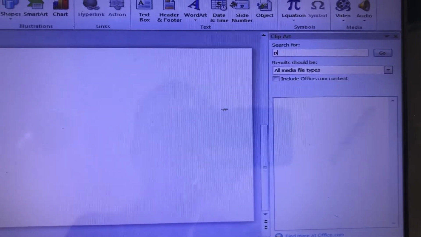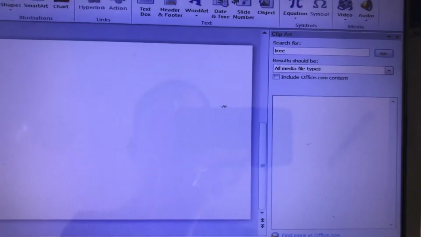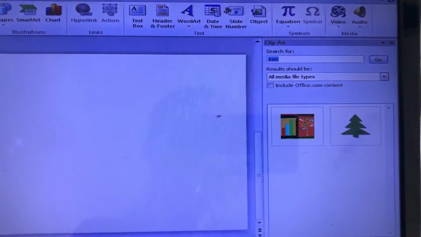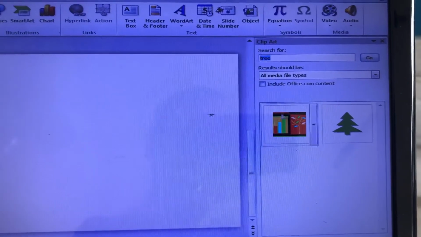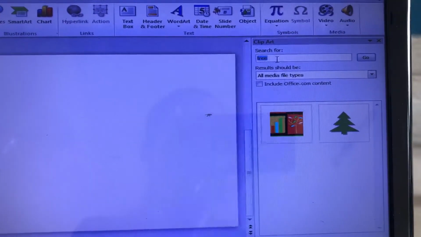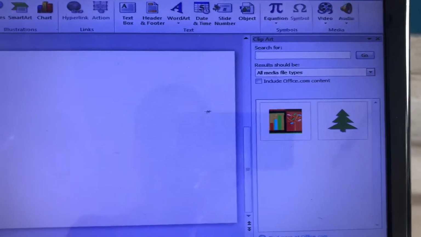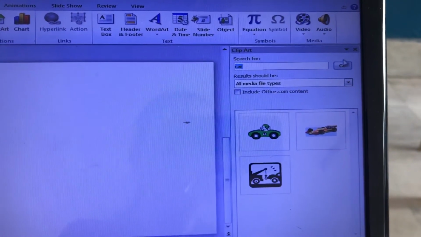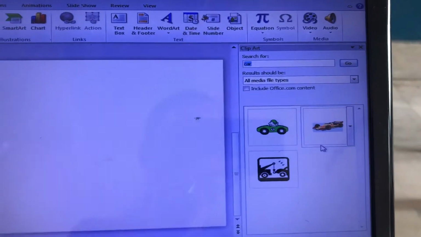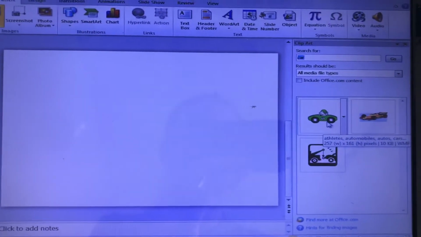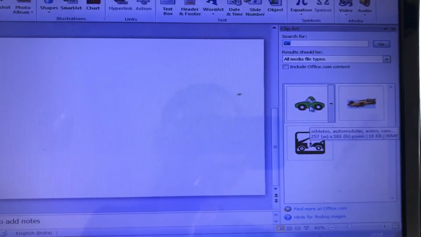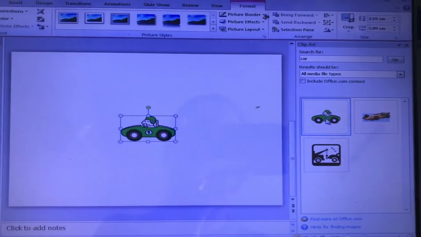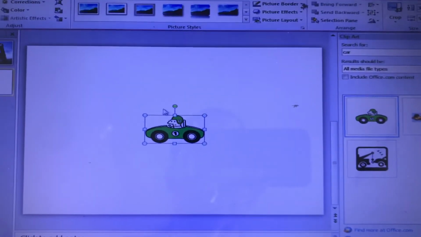Okay, let's suppose I'm typing here tree and then click on go and the image of tree will appear, or you can type here car. Okay, and then click on go and then images of cars will appear, and then you just have to select the image and click on it and it will be inserted to your slide.